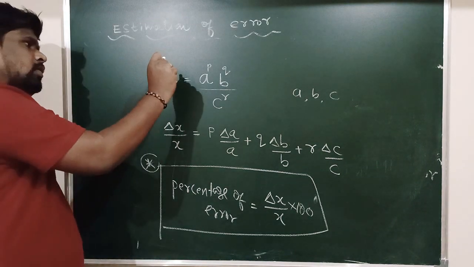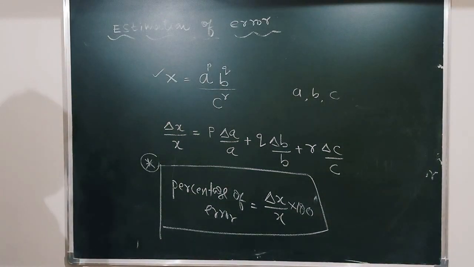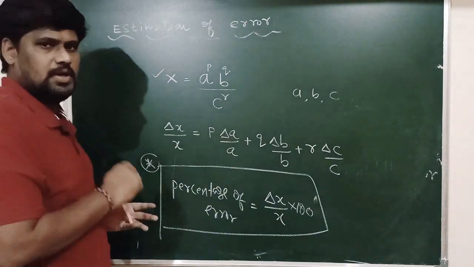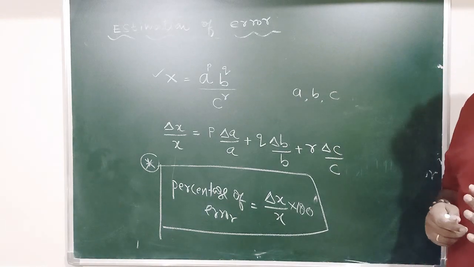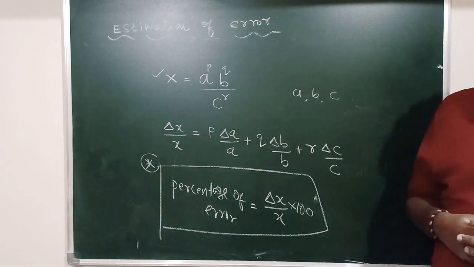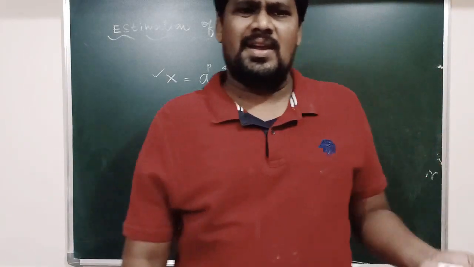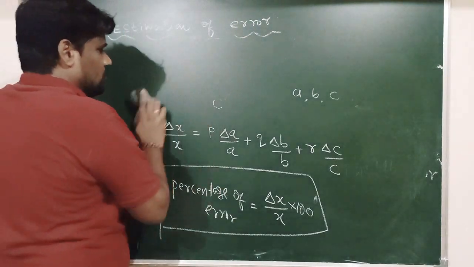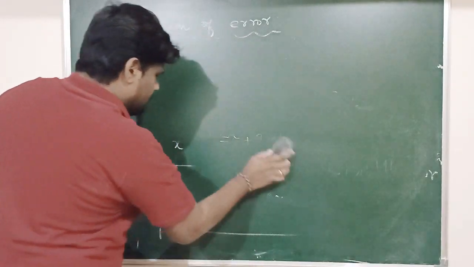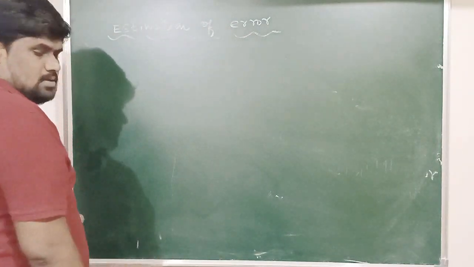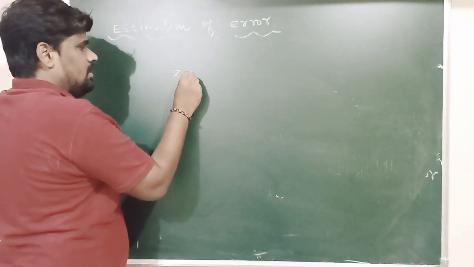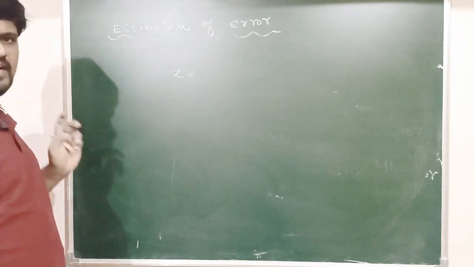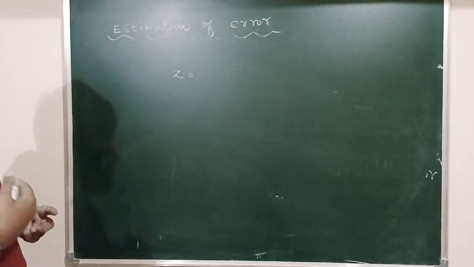This is the common rule, the common formula used to estimate the error in the measurement of a physical quantity. Let me take one more example so that the concept becomes very clear. Say z is a physical quantity. It depends on